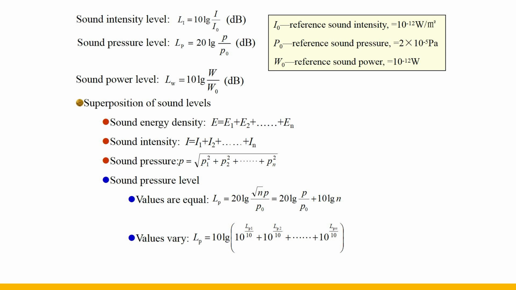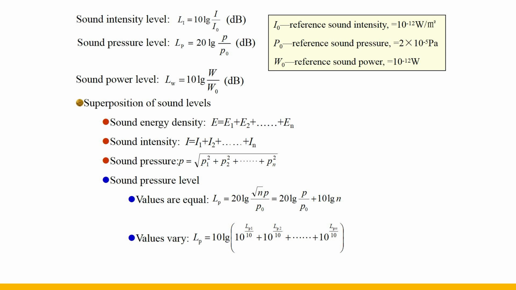The various levels in decibels have only the meaning of relative ratios, and their values are related to the reference value. Using the concept of level, the numerical range can be greatly reduced, and the simplicity of the calculation can be improved. The sound intensity level is the logarithm of the ratio of the sound intensity to the reference sound intensity, multiplied by 10. The reference sound intensity in the formula is the lower limit sound intensity value that the human ear can just hear for a sound of 1000 Hz.